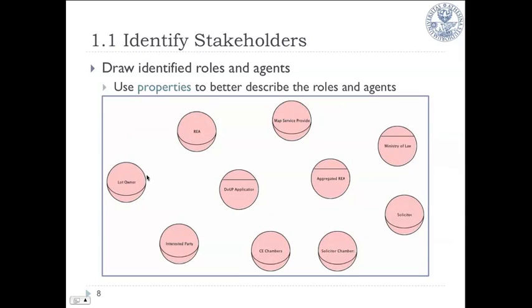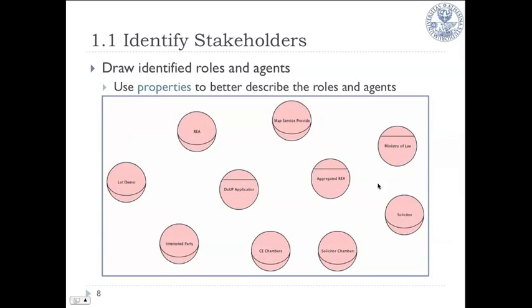Roles are used to identify generic actors when we do not know which are the actual participants at design time, whereas agents refer to more concrete entities, and when we model them in our scenarios, it means that these are agents that we already know to exist when the models are being built. Such as, for instance, the DOUP application, because it is one particular application that is to be created, the aggregated REA, the Ministry of